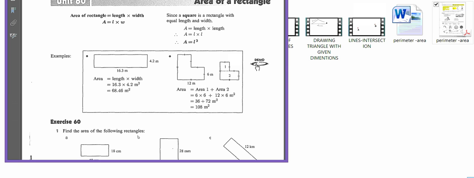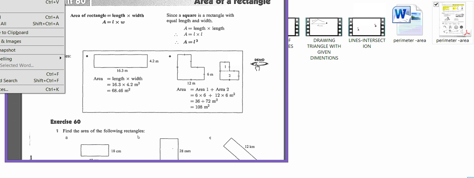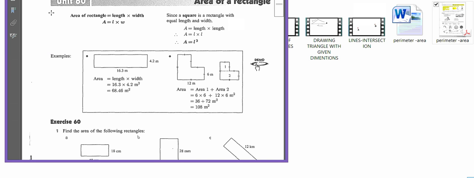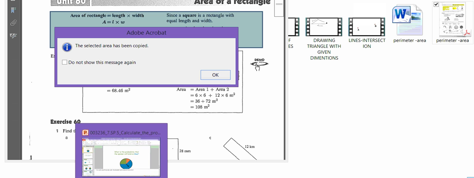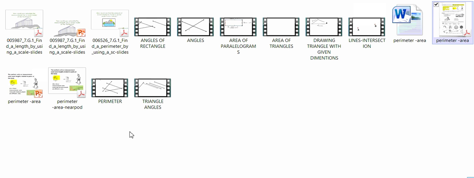So I'm taking a snapshot of this formula,